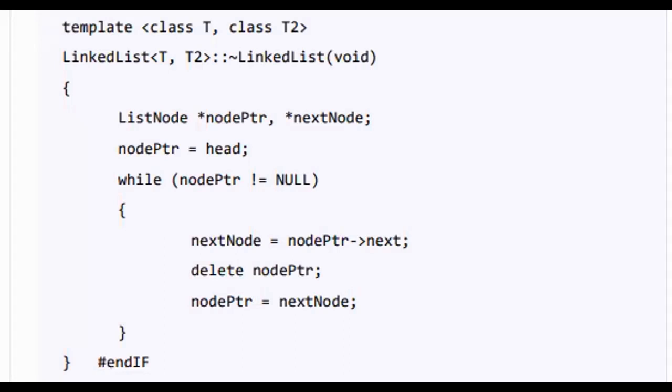So there won't be any new nodes in the whole data. So this is how it works, using a destructor to delete if there are any nodes present in the linked list. If it is present, then it will delete using the delete node ptr, which will delete the pointer, and it will set it as null.